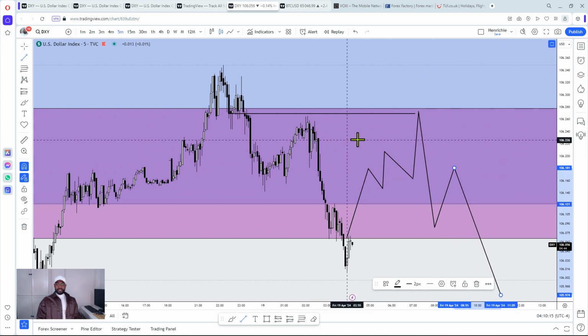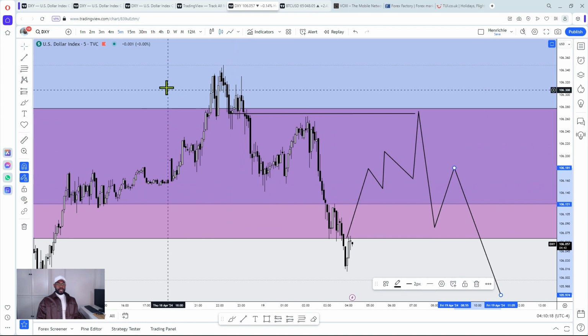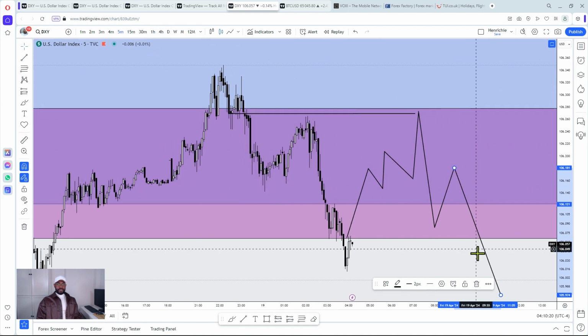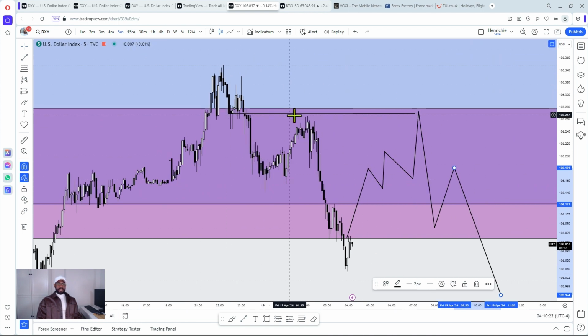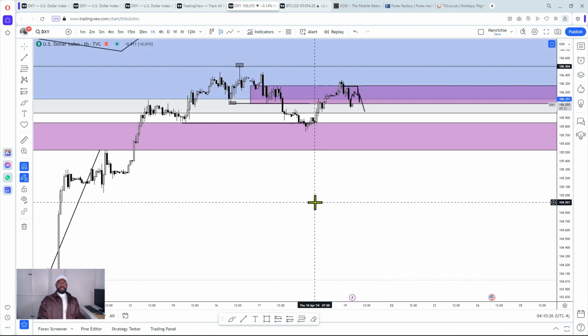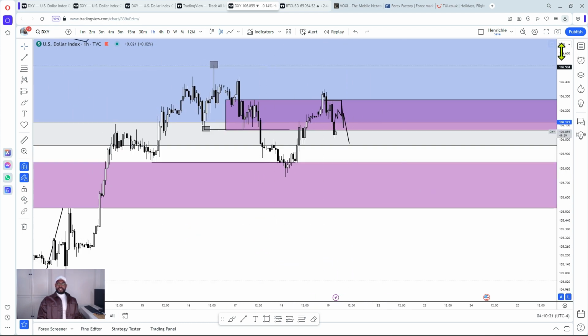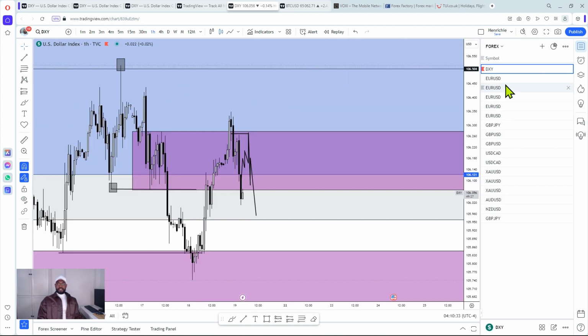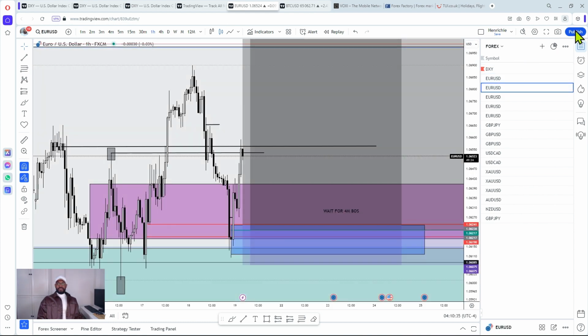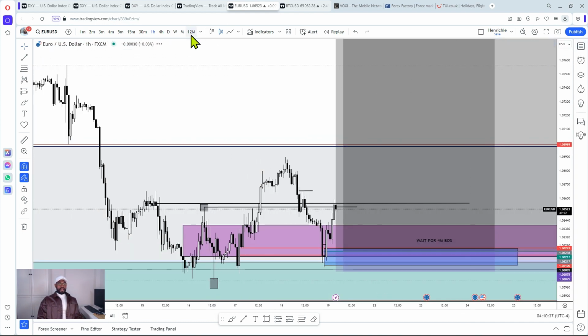So that is what I'm going to be anticipating to see on the US dollar. If we're bearish, I wouldn't be surprised to see a continuation to the downside after a run on liquidity. So that is what I'm watching on US dollar. Hopefully that plays out and we can make some nice profit today being Friday, the last day of the week. Now looking at Euro US dollar,